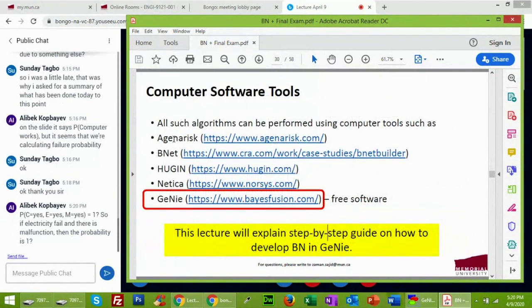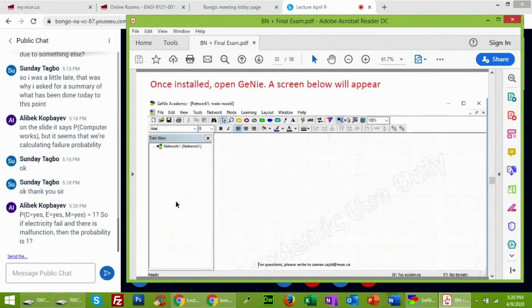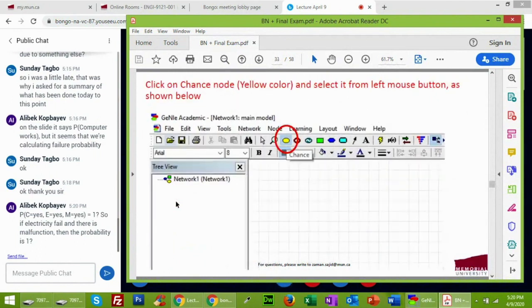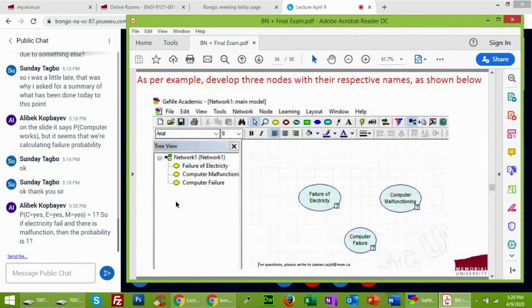This GeNIe Risk is installed in your EN 3000, I believe. Another one is also installed there, if I remember correctly. Now, GeNIe is the free software on which we will work today. So I gave you some installation guidelines on how to install that. I am assuming you have installed that on your computer. Is there anyone who has any problem installing the GeNIe software?